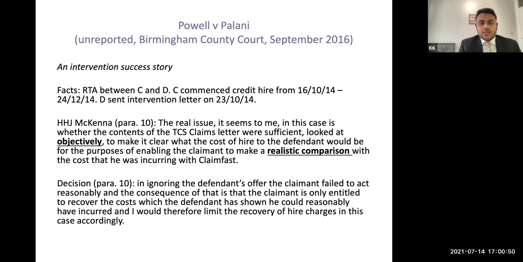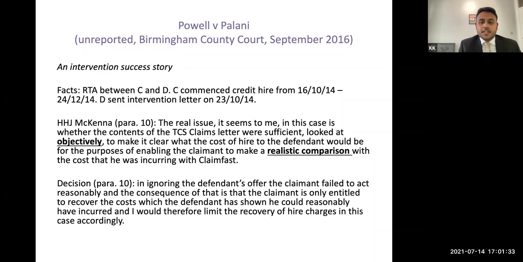Looking at what His Honour Judge McKenna says there, it's simply based on an objective reading of the letter, and therefore if a defendant insurer succeeds in showing that this was an objectively sound and Copley and Lawn compliant letter, then it puts the defendant insurer in a much better position in order to succeed on intervention. And the best a defendant insurer can do is to at least make sure that the claimant is able to make a realistic comparison. He continued at paragraph 10 in terms of giving his decision and found that in ignoring